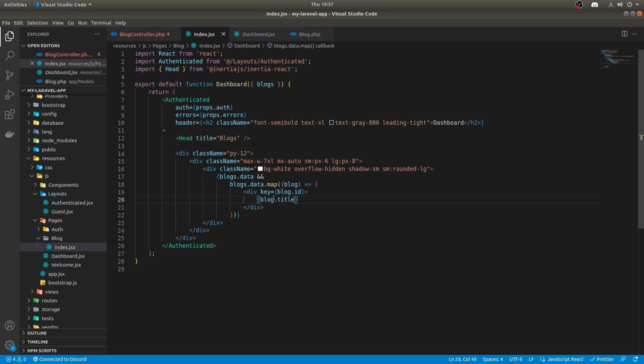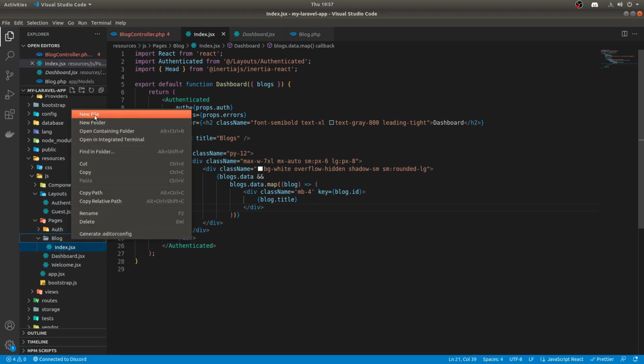I think what would make more sense is if we do a route. So if we make it like a link that we can click on, that probably makes more sense. And what I'll do is I'll do className and then maybe mb-4, we'll go with that. We don't actually have any blogs yet, so it's not really going to be something we can see. But if we create a new file in here called